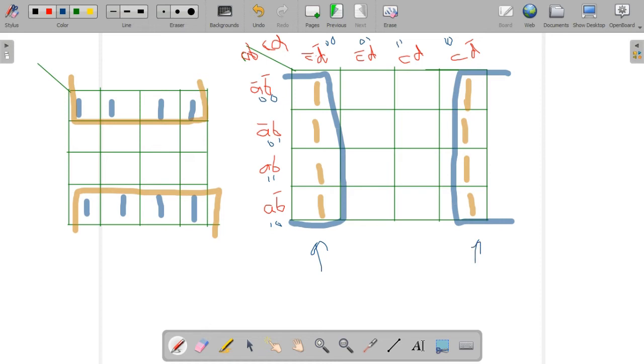That means 8 values, is it? So we can map it as an octet. Another form: 4 values in the left edge, this is the top edge. Yeah, top. 4 values in the top edges, another 4 values in the bottom edges, then we can again map these values as an octet. So here is one form of octet, and another form of octet.